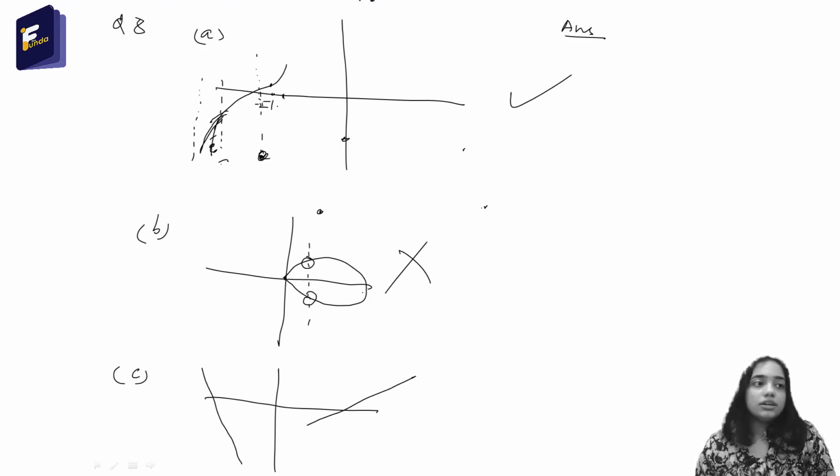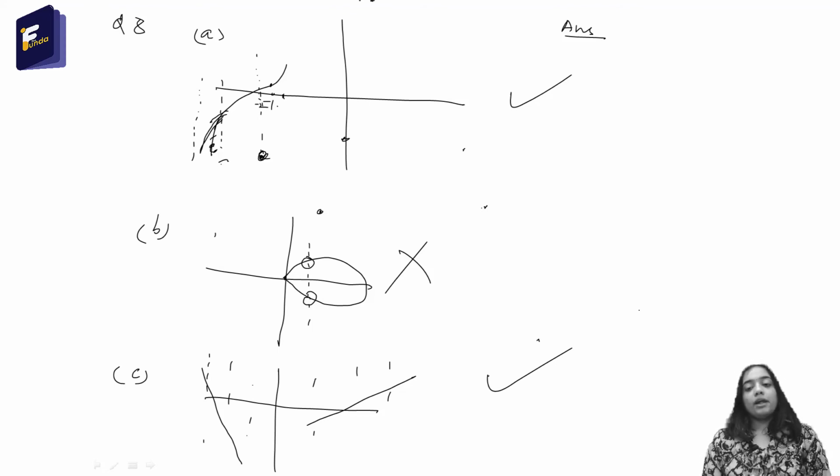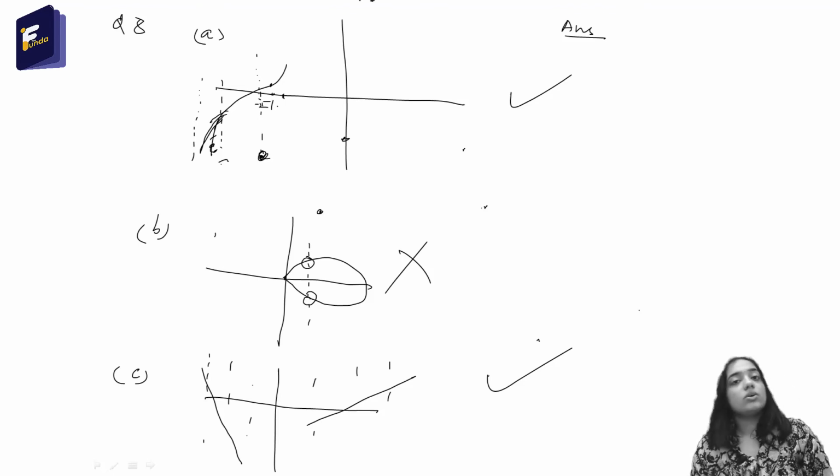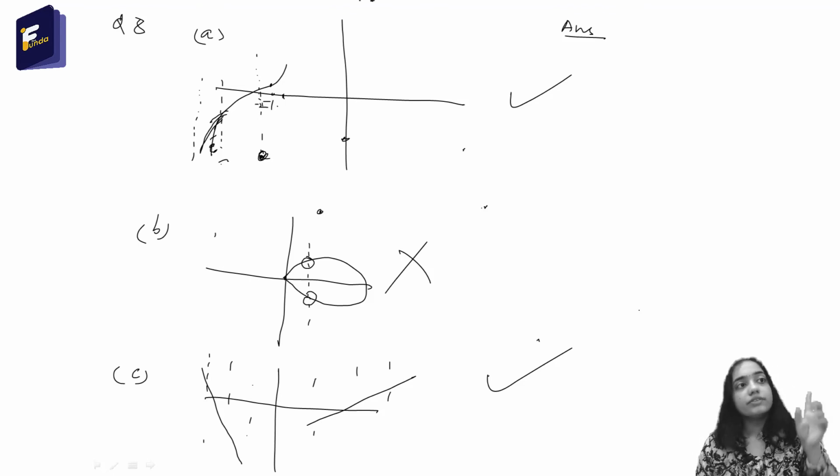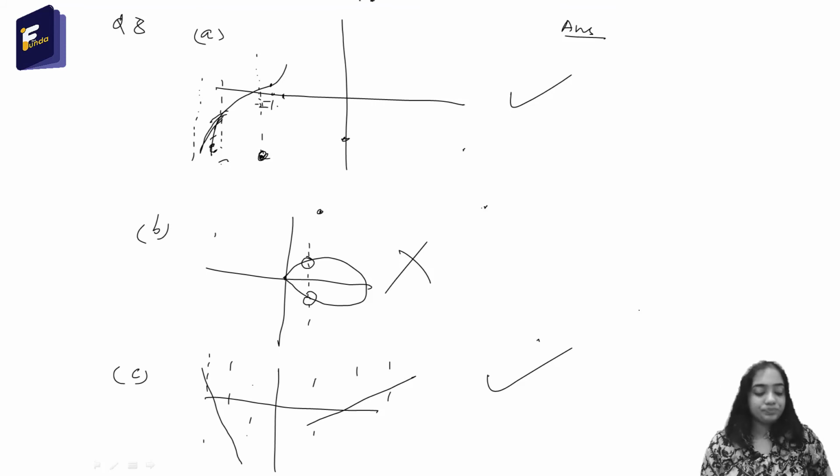Again, for the third part, we will do the same thing. We will draw vertical lines. We will see that it doesn't touch the graph at two points. Okay, so this is the graph of a function. Now our next question was whether this function has an inverse or not. We have to tell whether this function has an inverse or not.